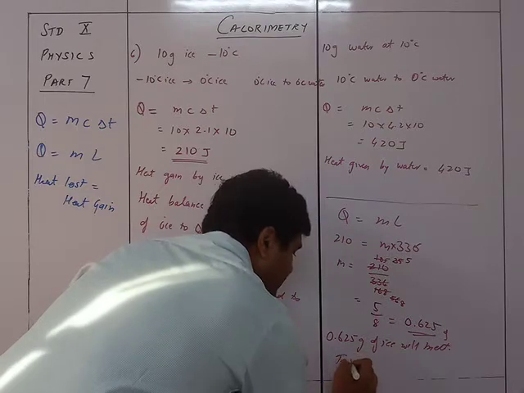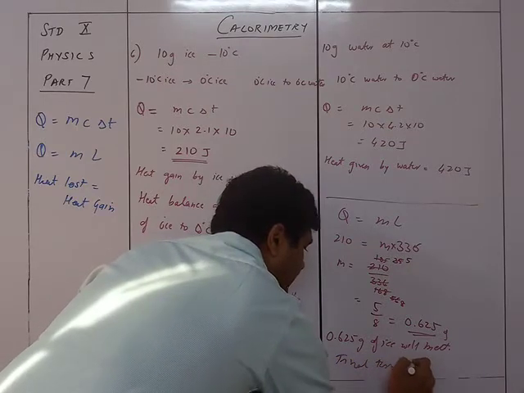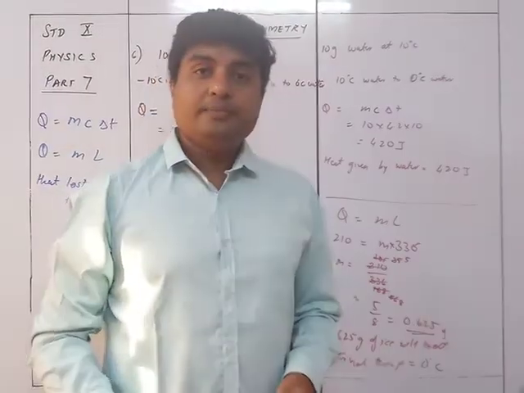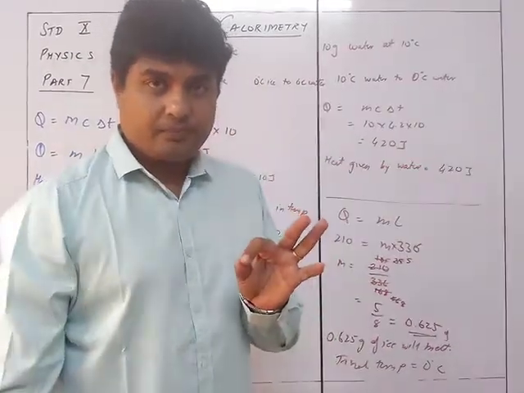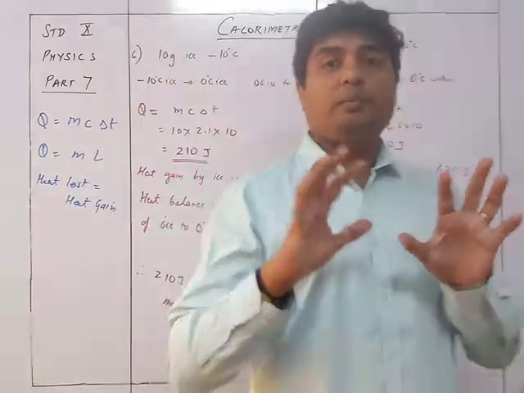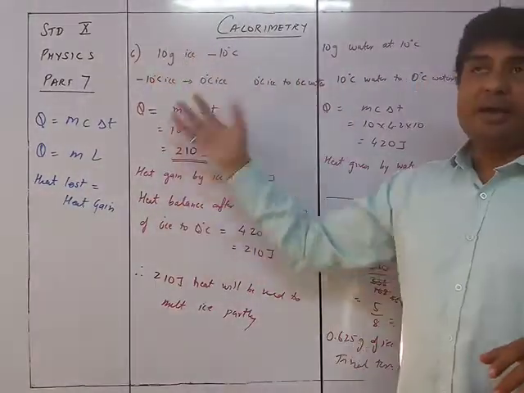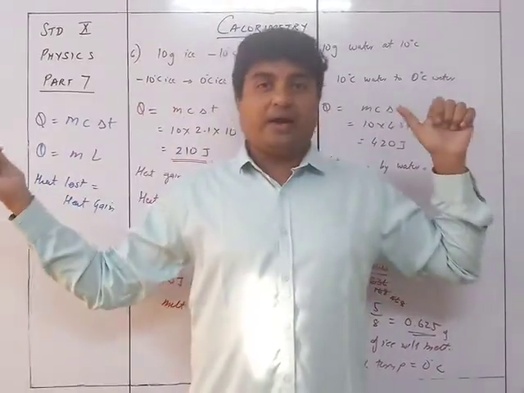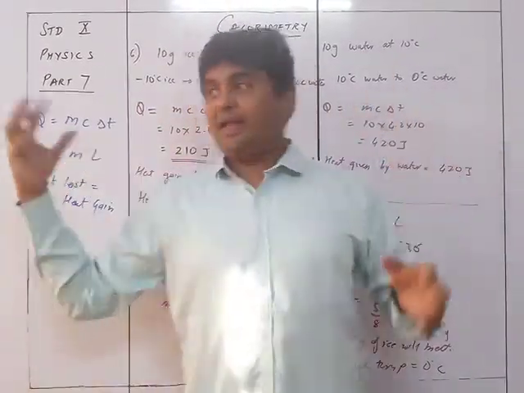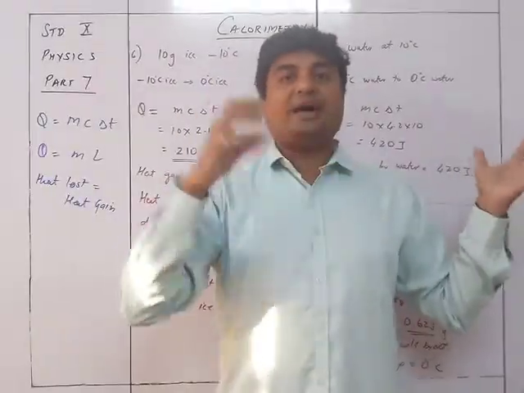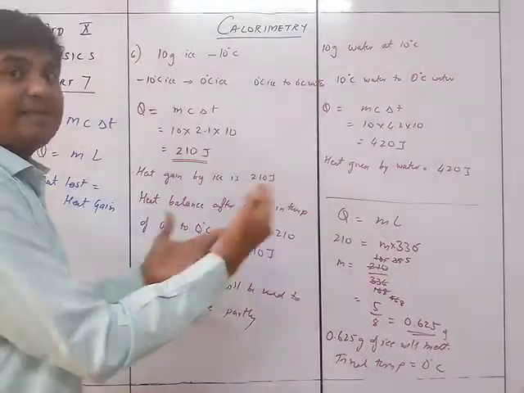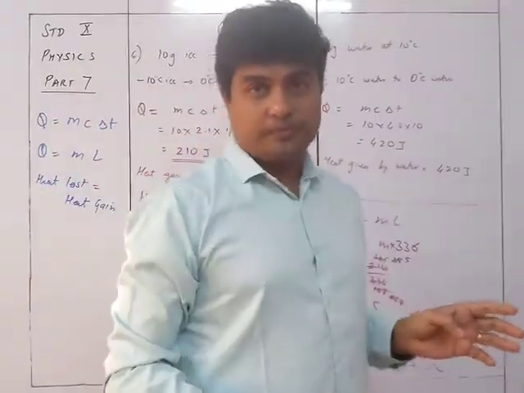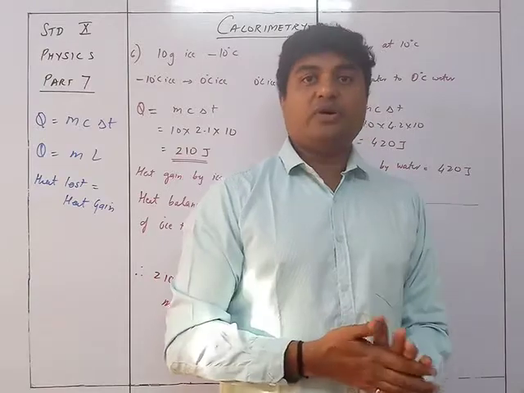And the final temperature is equal to 0 degree Celsius. Got it? Very important sum. You are doing many things. First thing, ice melt कर रहे हैं, यहाँ पे इसको heat ले रहे हैं. You are cutting it out because ये heat देगा, ये heat लेगा. So कितना दिया इसने और कितना इसने लिया, उसके बाद क्या बचा is used up in the change of ice to water. Clear? So that was sum number 6.